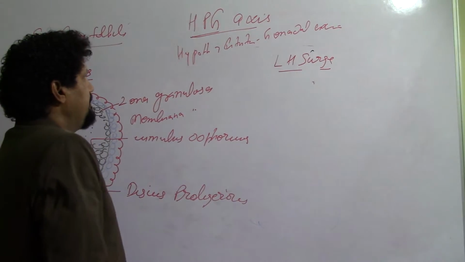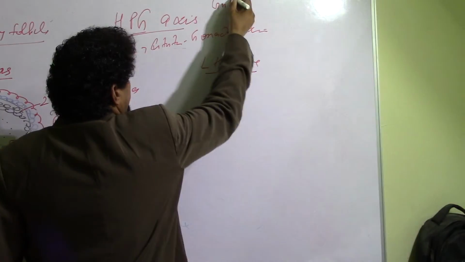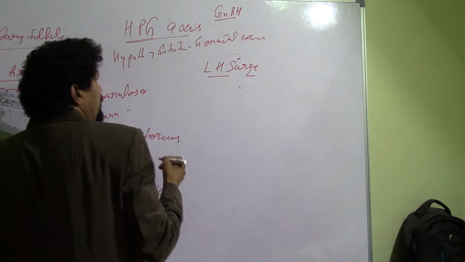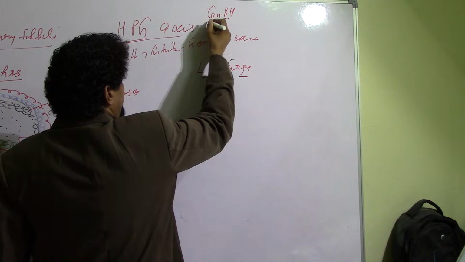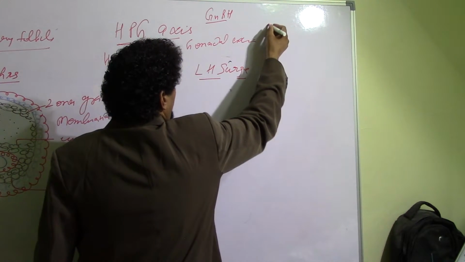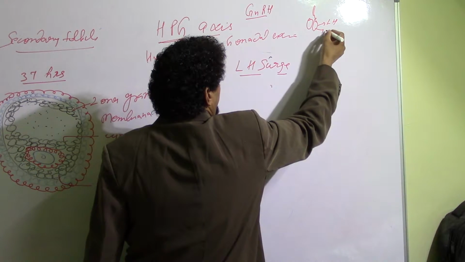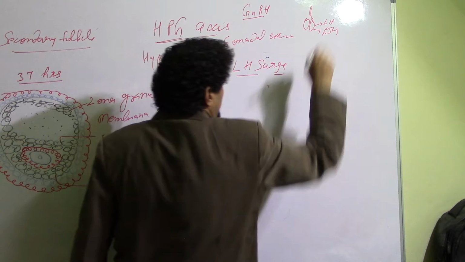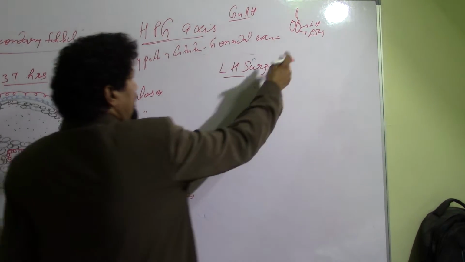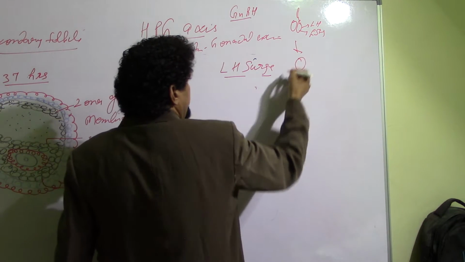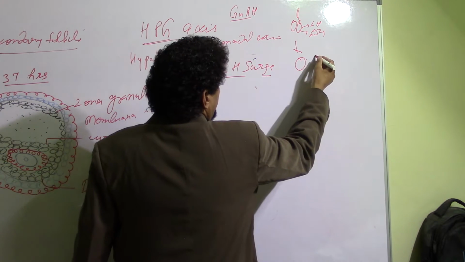The hypothalamus secretes gonadotropin releasing hormone. It is a polypeptide of 10 amino acids. Under influence of this gonadotropin releasing hormone, anterior pituitary or adenohypophysis secrete the luteinizing hormone and follicular stimulating hormone. These are glycoproteins, and under the influence of these, the ovaries, which is having endocrinal cells, secrete estrogen